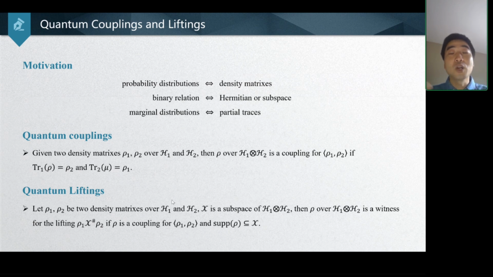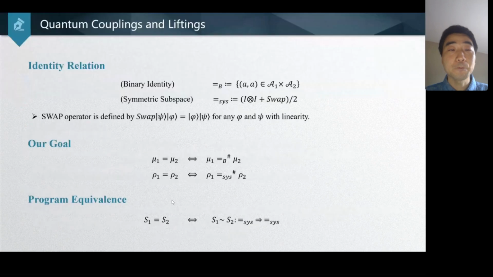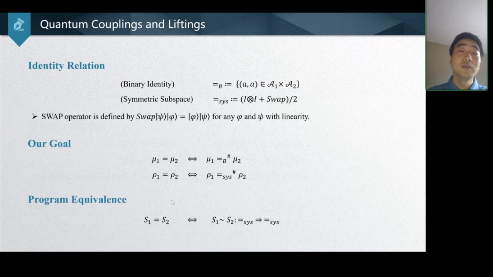It corresponds to a subspace, meaning the support of rho lies in the subspace X. So we can have an identity relation and a symmetric subspace. This is slightly different from classical because identity is just the A. The equivalent is the